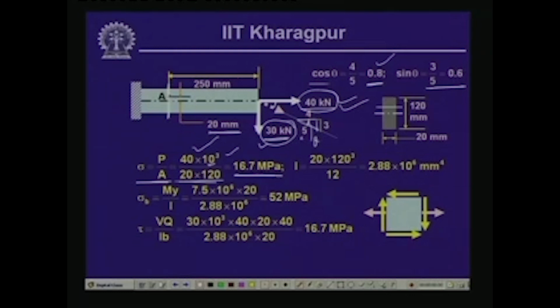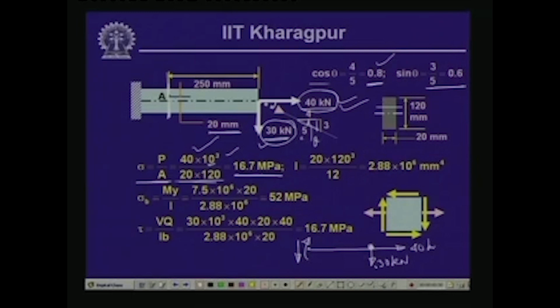Now, the point A will be subjected to a bending moment, and the magnitude of the bending moment will be equal to the load times this distance, 250. Now, if we take the free body at this particular section, we have the load here which is 30 kilonewton, we have the axial load which is 40 kilonewton, and at this end you have the bending moment M and the shear force V. So, if you take the moment of the forces with respect to this, then we have